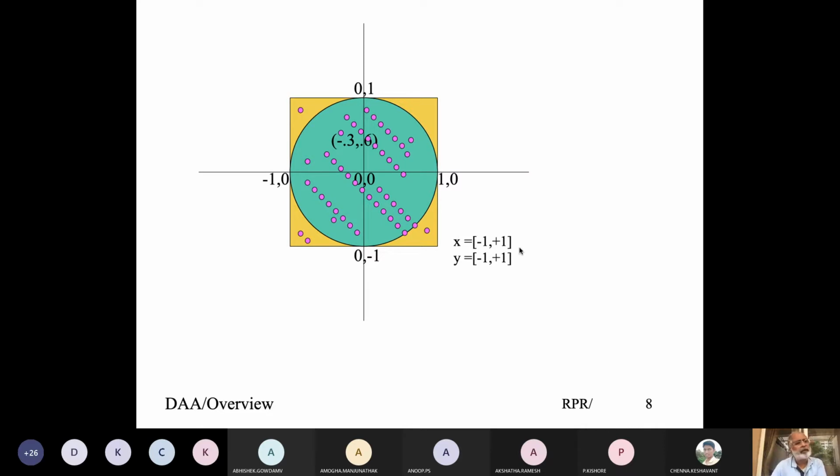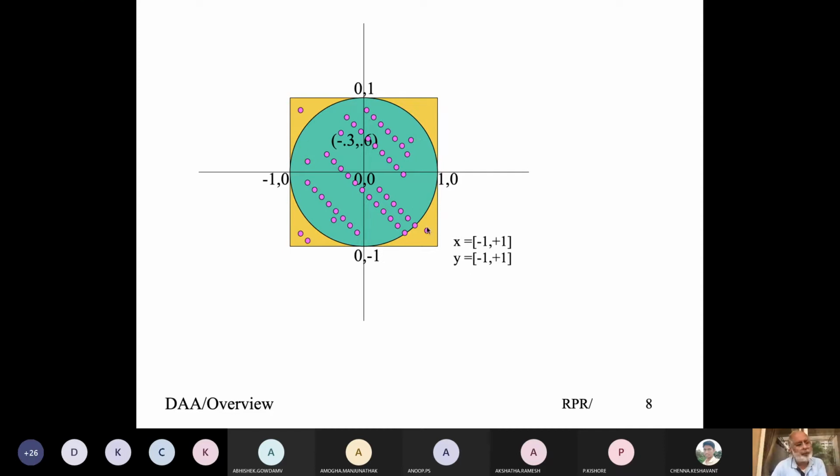When I take those random points, I take one point, find the value of x and the value of y. The point could be anywhere in this square, because I am taking x in the random range of -1 to +1 and y in the range of -1 to +1, uniformly distributed.